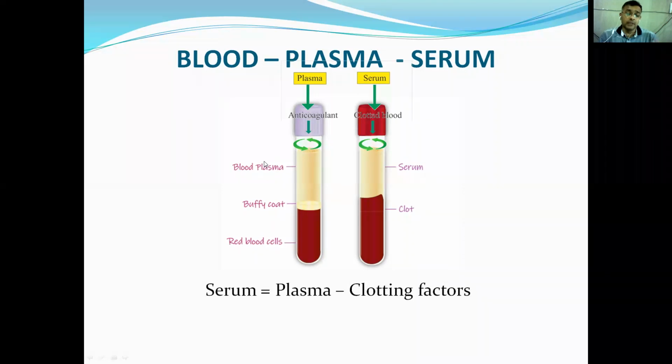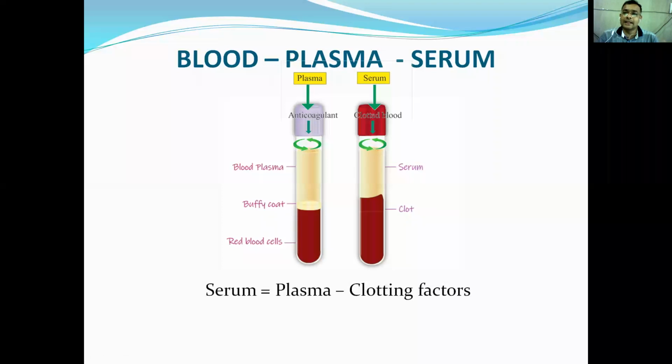Now, if you want to collect the serum, then your blood sample must be collected in a clot activator vial, or you can say plain. There should be no anticoagulant in that vial. Preferably a glass vial is selected over the plastic one to get a better serum harvest. And once you collect the blood, you have to allow that to clot. So clotting may vary from a few minutes to an hour.